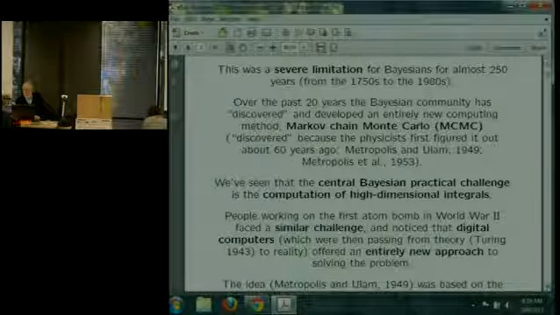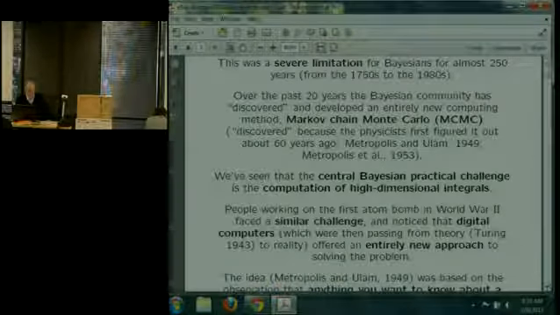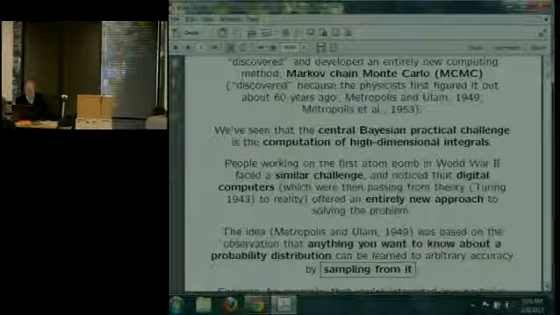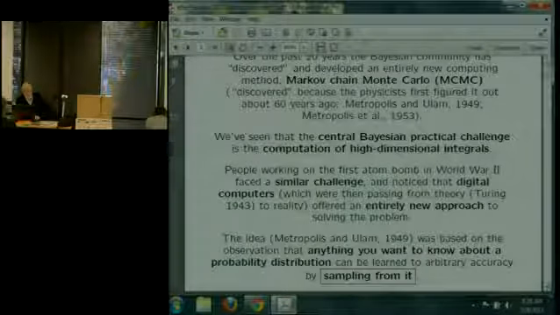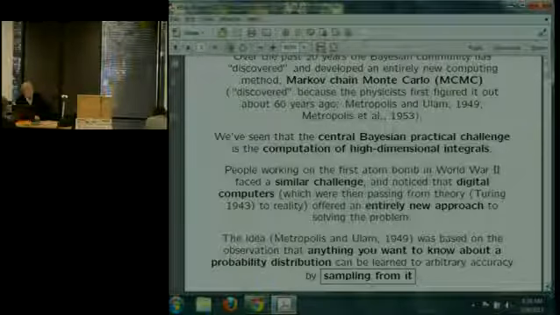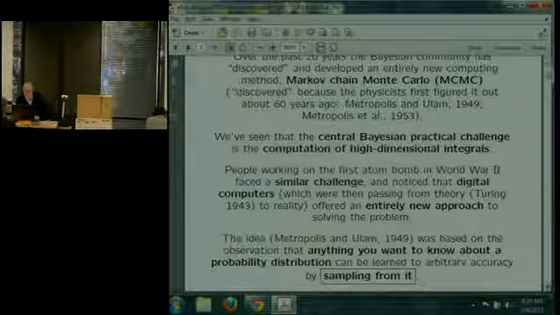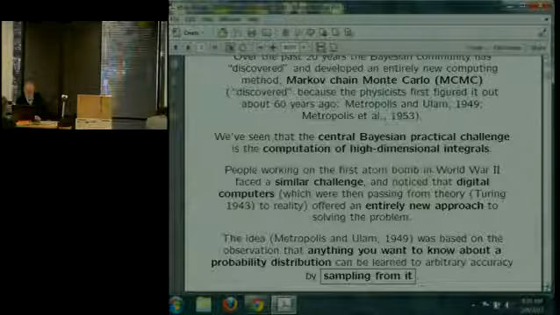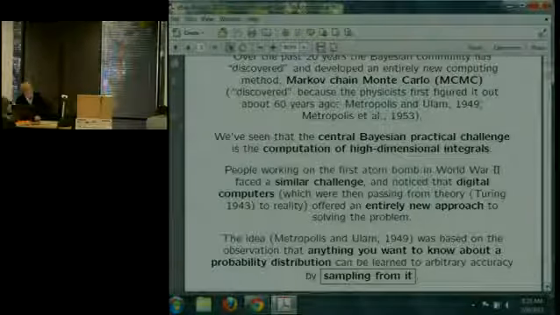And here's their insight, as we talked about at the end last time. The observation that they made, which had already been used implicitly by Mr. Gossett in his simulation study to understand how things work with the t-distribution, but the basic observation that Metropolis and Ulam made around 1942, and then they were forced to not publish until after the war was over by secrecy concerns for the government, is the following observation, that if you have a finite dimensional probability distribution, and